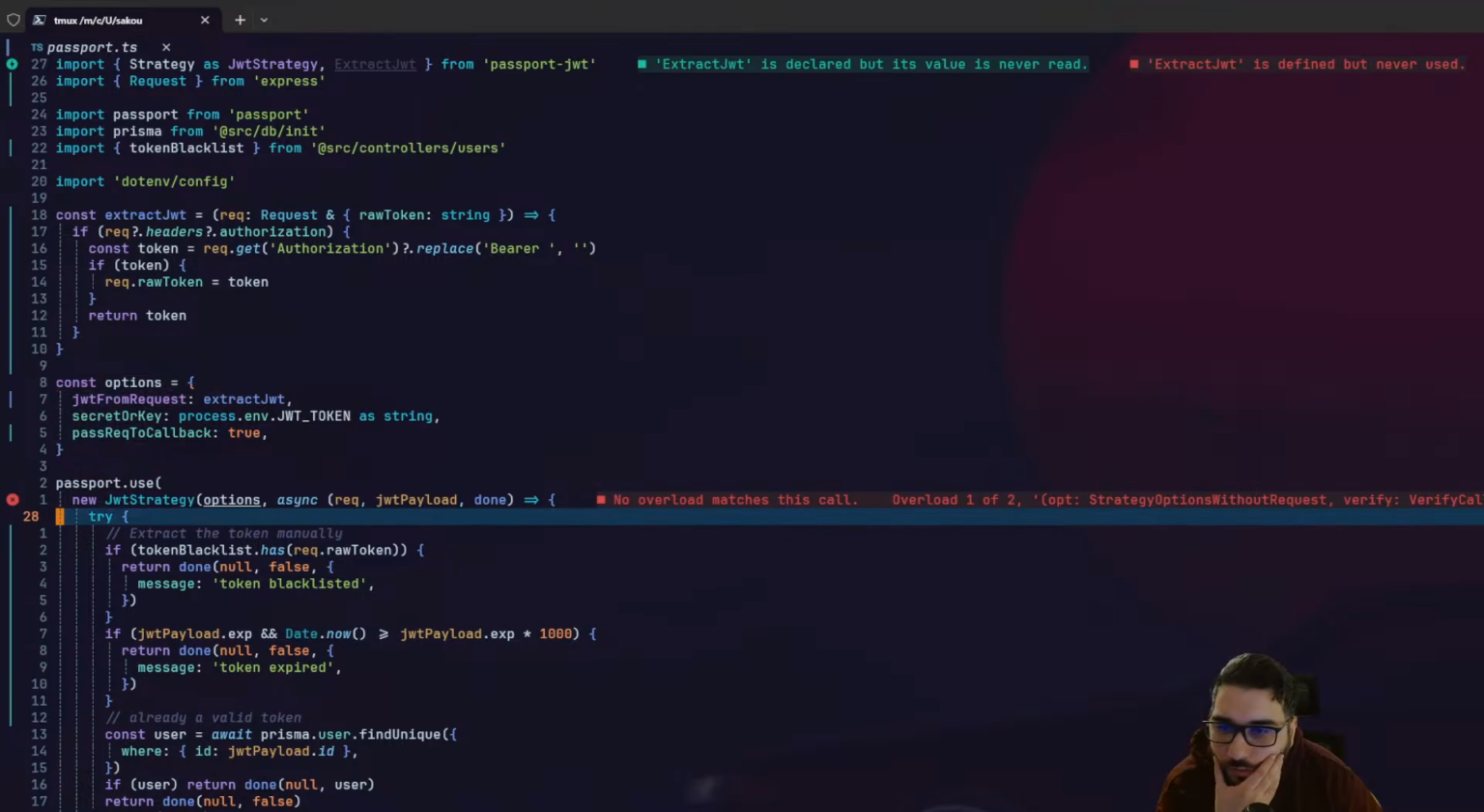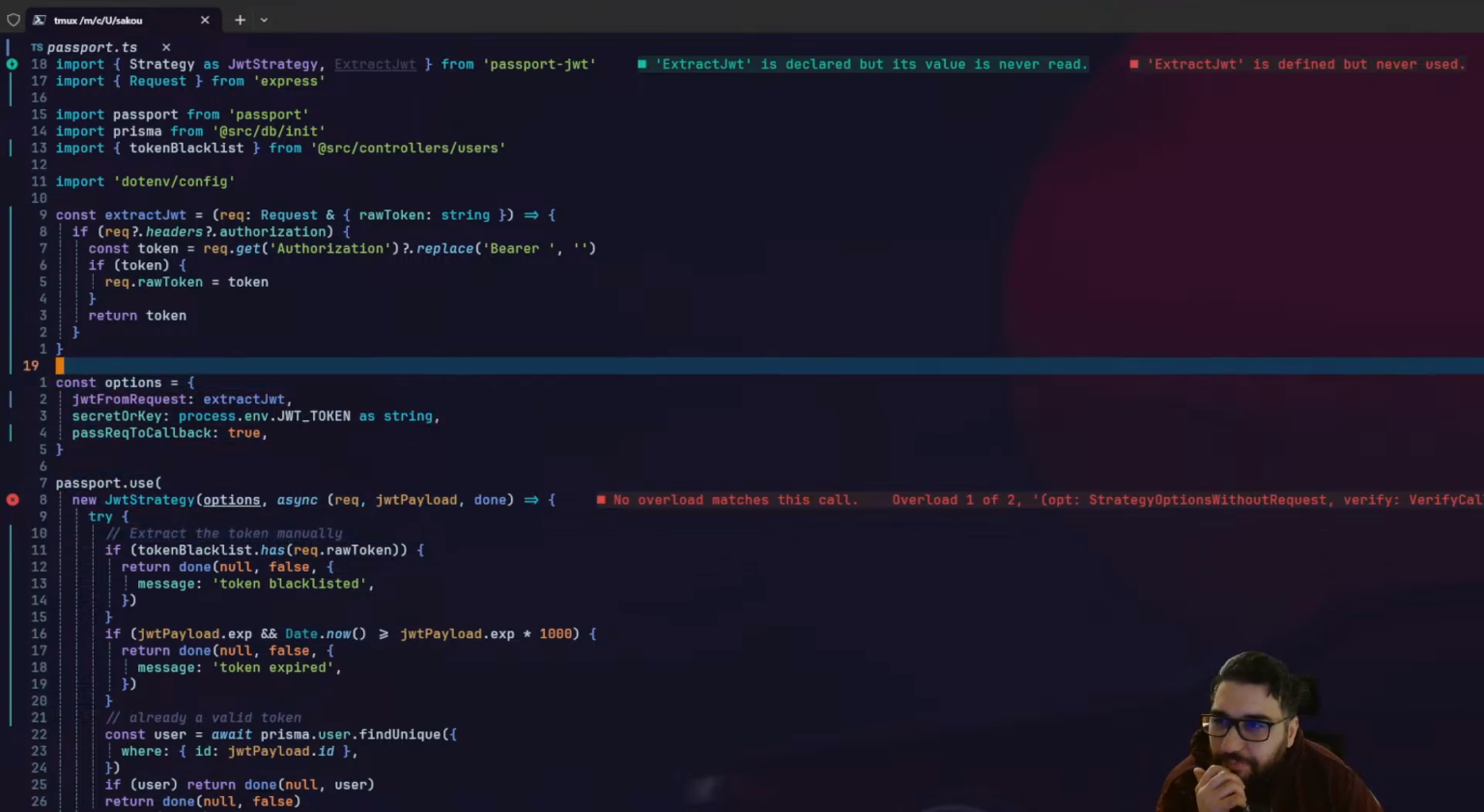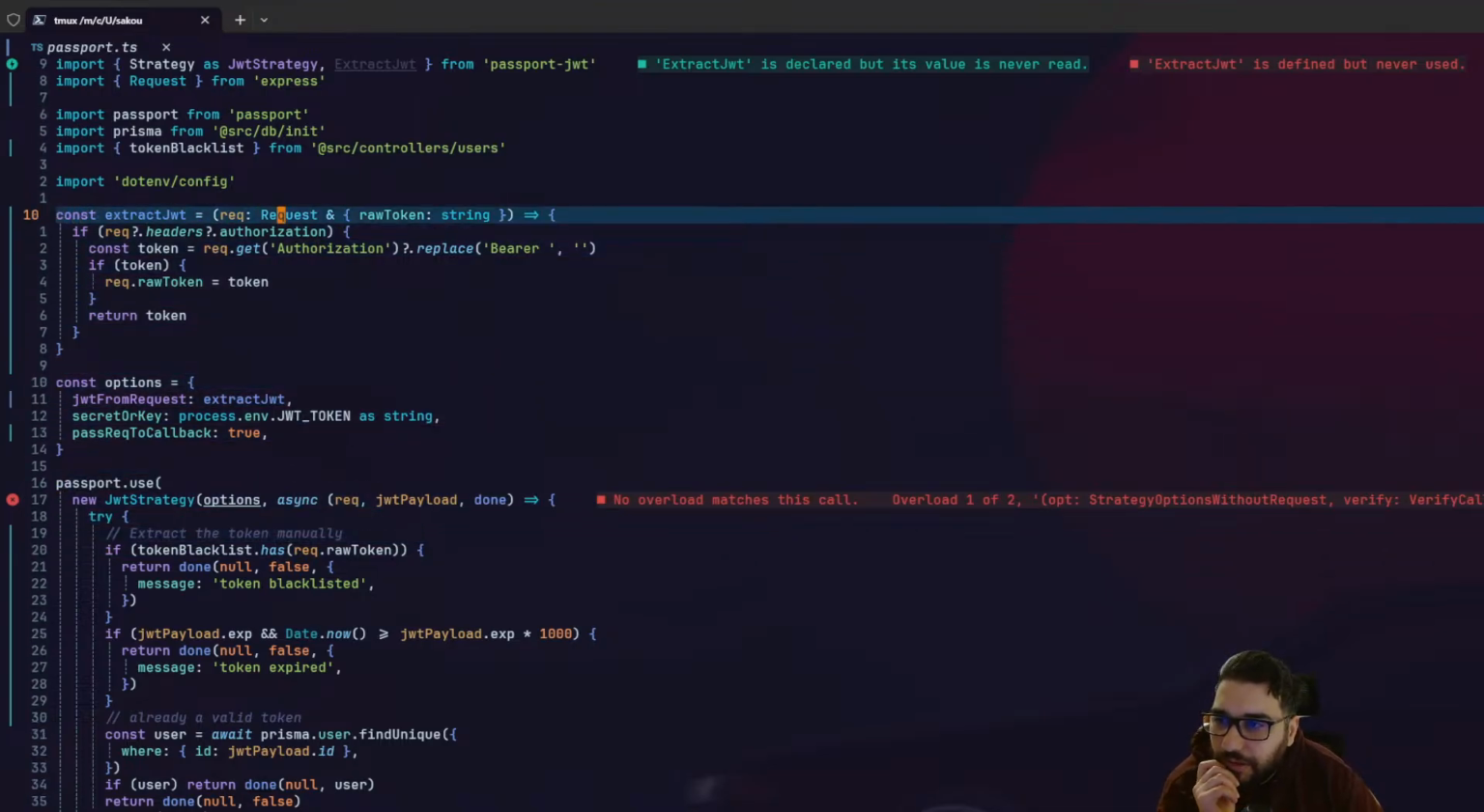So now the overload matches this call strategy, blah blah blah. Verify blacklist token strategy gave the following error: request and raw string undefined secret wherever. So I did this part here. I said that raw token is also equal to request and raw token, but I'm not sure then. What's this coding? Okay, custom extract JWT is